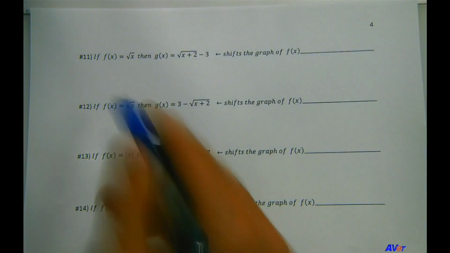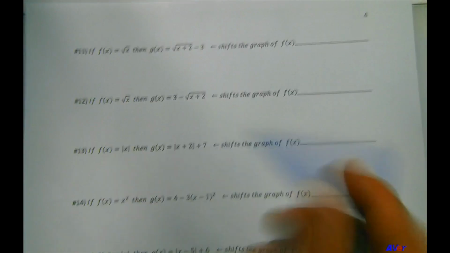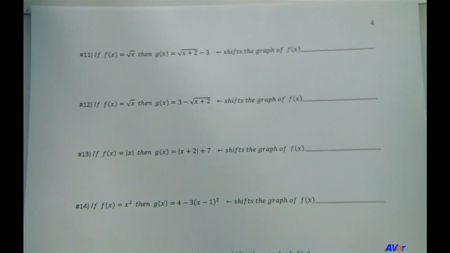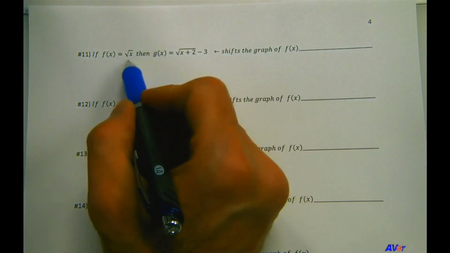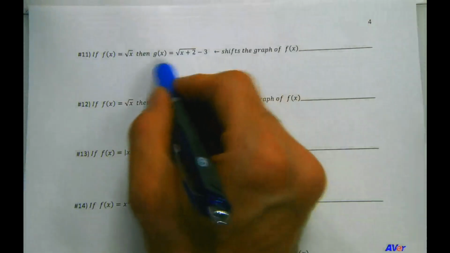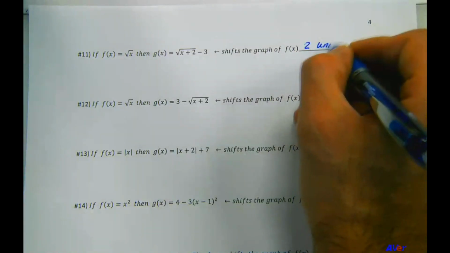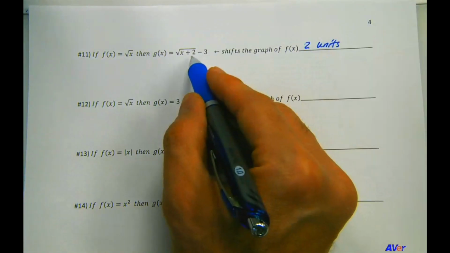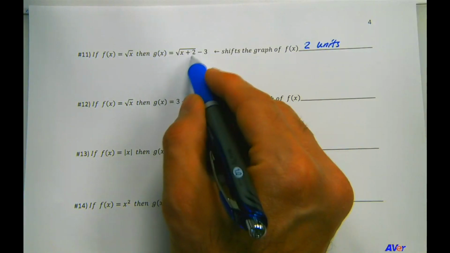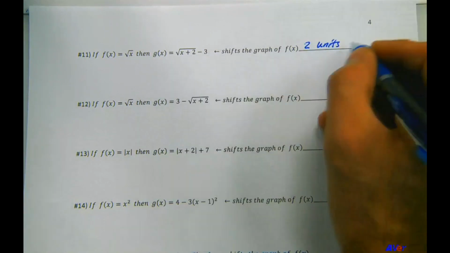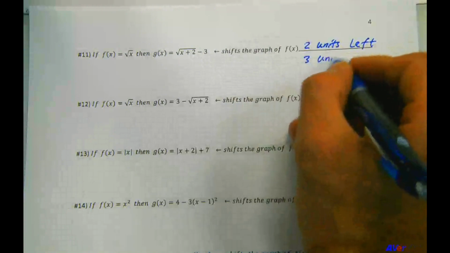All right, so now we're back to a square root function. Let's do both 11 and 12 on paper before we go back to the computer. So we have the square root function, and we want to transform using this new function g. We have 2 units of transformation. In which direction? It's horizontal because it's inside the square root function, and it's in the direction of left. 2 units left, right? And 3 units up or down? Down,